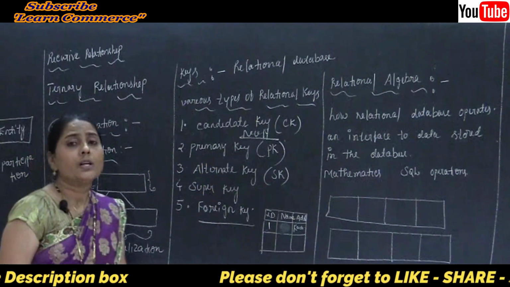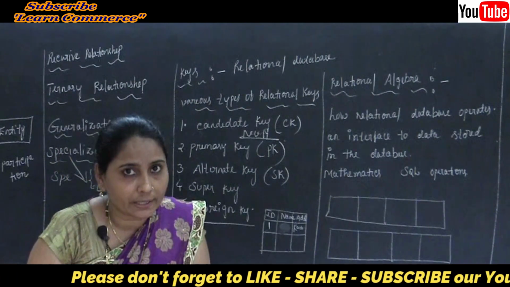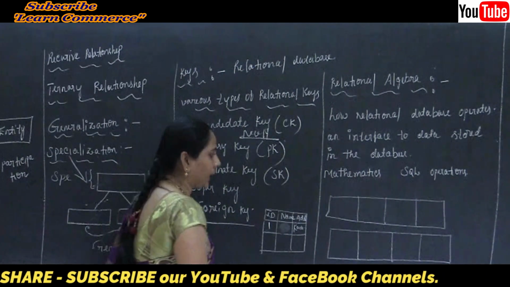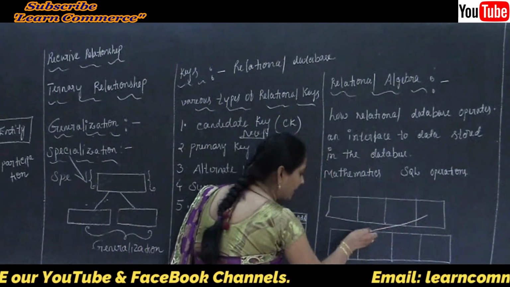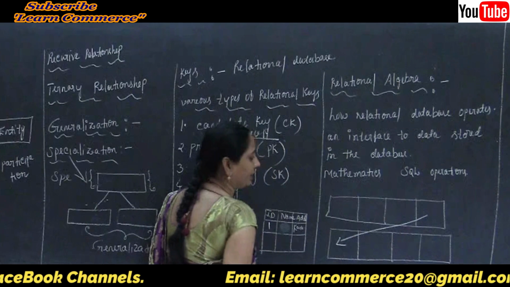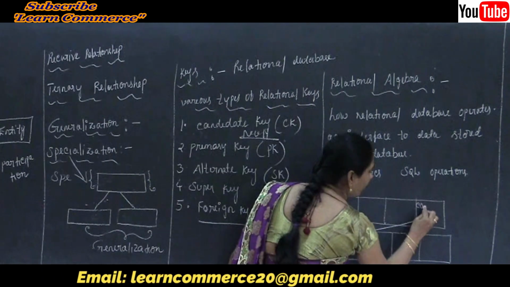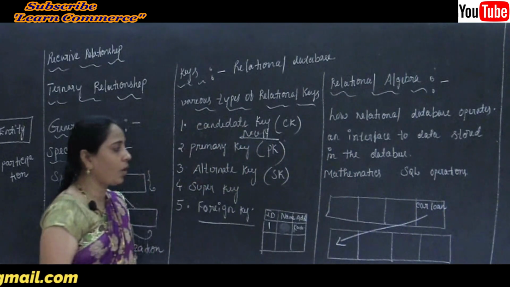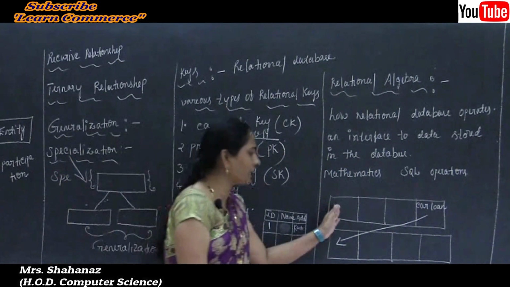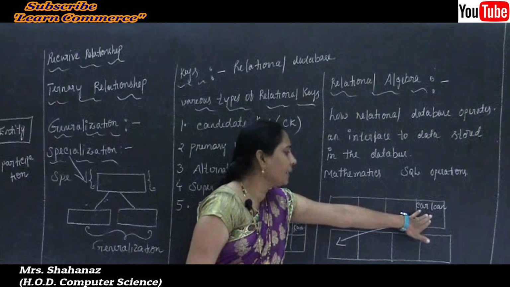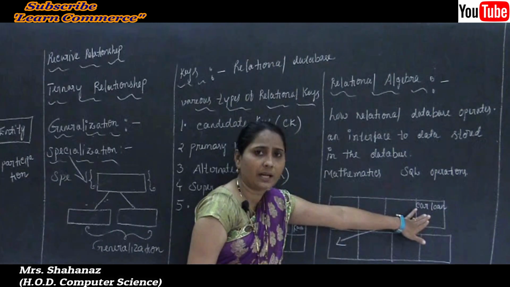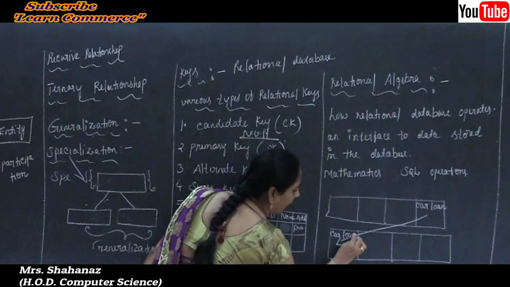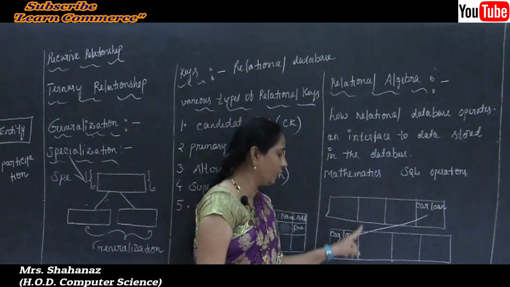It is a field in a relational table that matches the primary key column of another table. Clear this point here, that it matches the primary key column of another table. Maybe this column name is car loan. So this column name is car loan. Some other column names are also there, but the last column name I used is car loan, and the first column name I am also using as car loan. It is a different table, 2 tables are there.